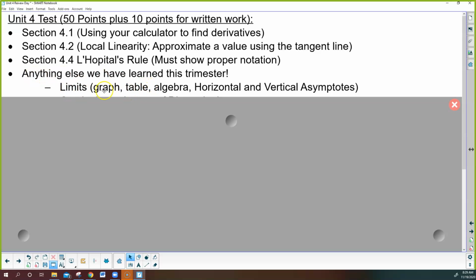What else have we learned? Limits, right? Can you evaluate a limit from a graph, a table, or algebra? And the nice thing is L'Hopital's rule ties into this evaluating limits piece. So we've been reviewing this all along. Another reminder is when we look for limits,